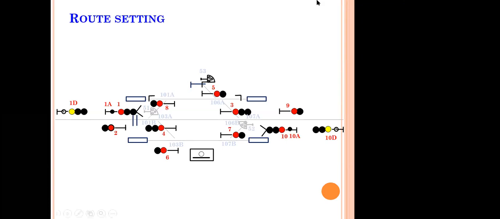Yeah, there is one question, doubt. I'm happy that people are asking doubts. Sir, what if there is any object other than a train on the track? Other object means, for example,